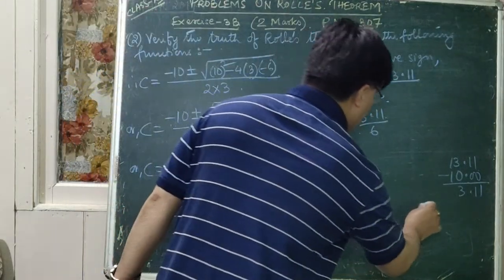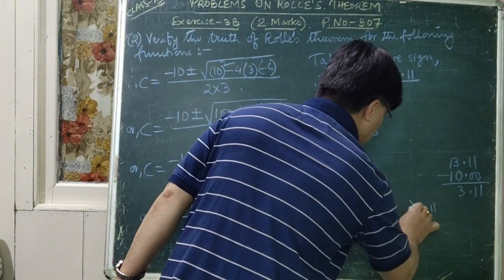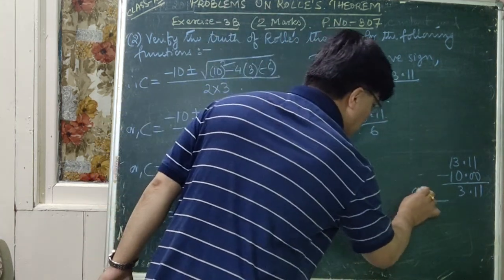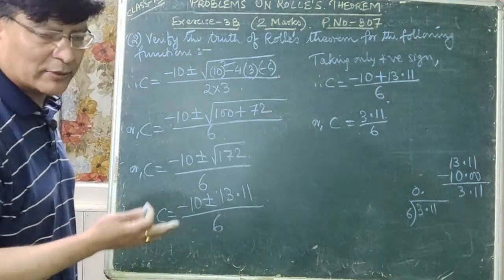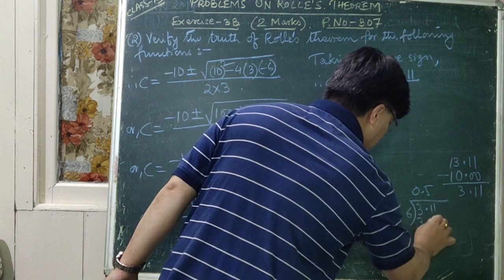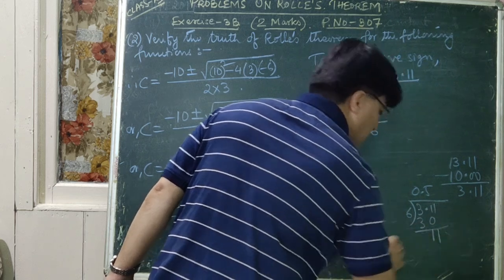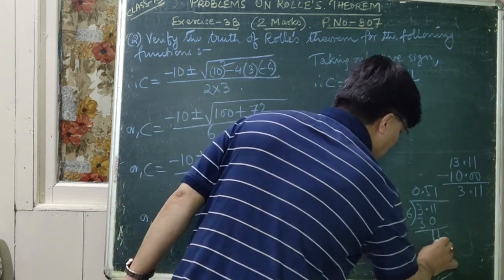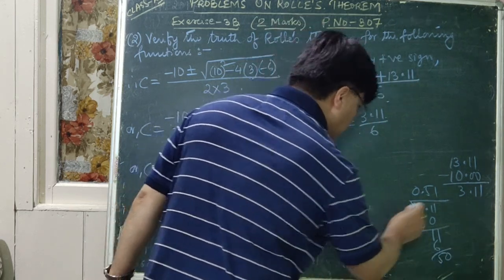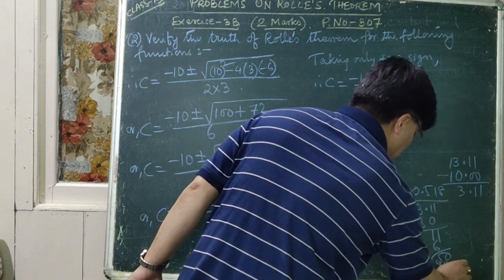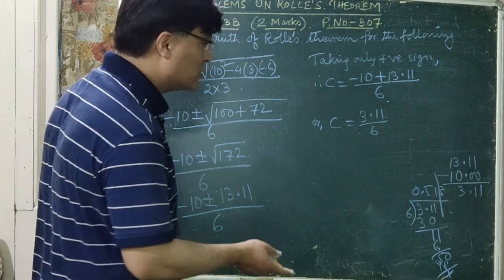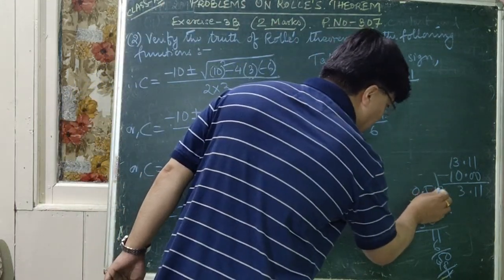Now divide 3.11 by 6. How much is it? You can write 3, 0. 6 does not go into 3, so it is 0. So this is 31. 6 5s are 30, 31. You can take 1 here, 1 time. 6 1s are 6. This is your 50. 6 8s are 48. So approximately, if you want to write only 2 figures after the decimal point, then